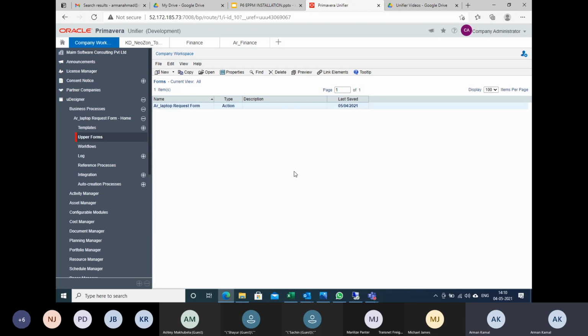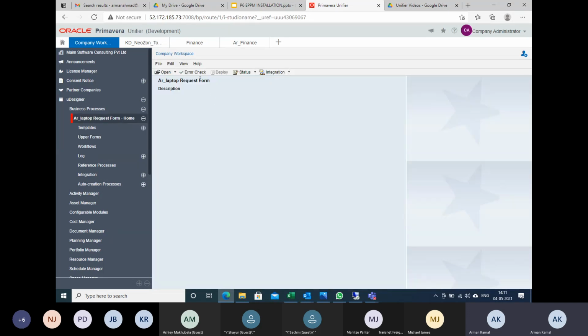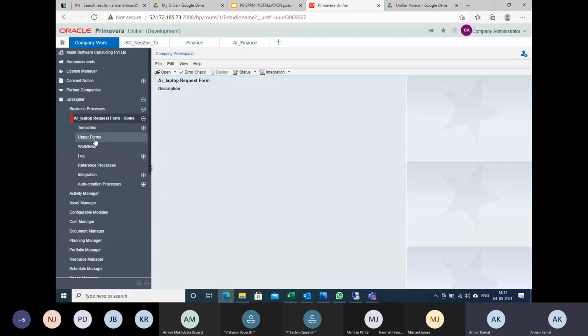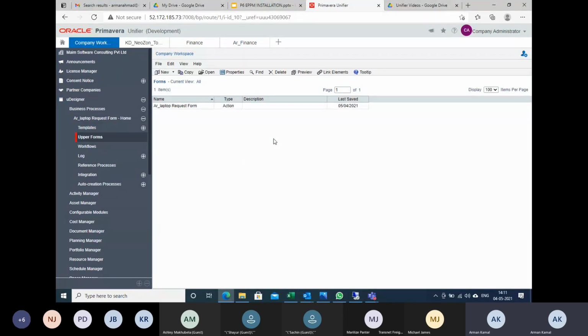This is the action form, where I put some data and take some action. In the same way, I need to make a view form also, just to view the data. That is a mandatory step for a BP. So the view form is mandatory.